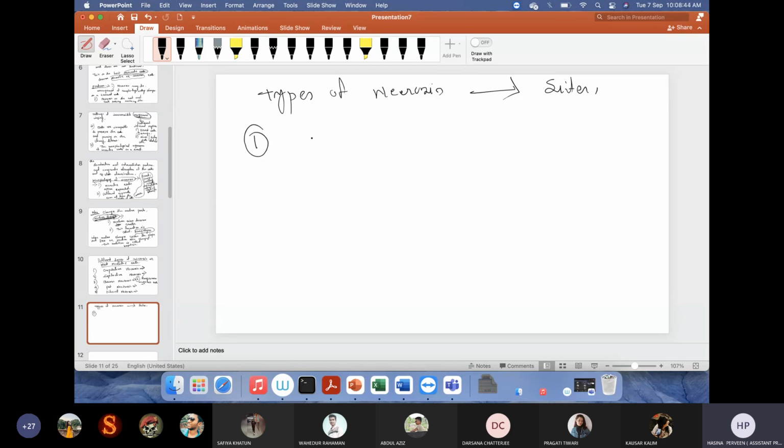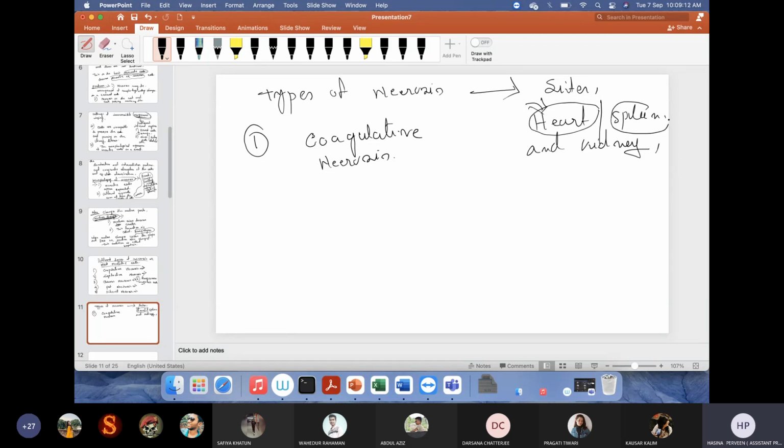So coagulative necrosis, site is the heart, spleen and kidney. When different organisms enter our body, that means heart, spleen or kidney, then normal cells become necrotic formation in different sites. Okay,